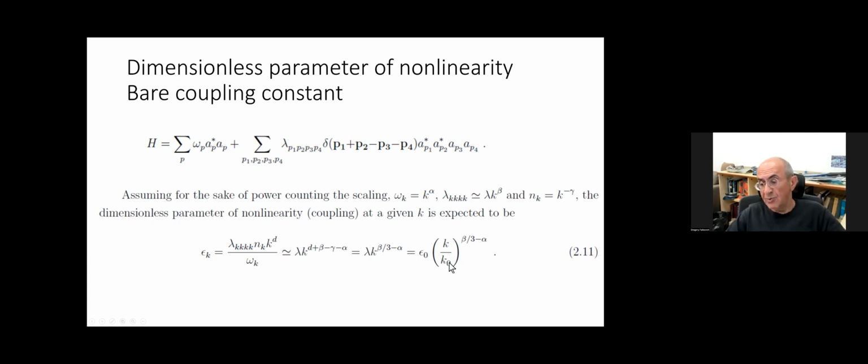K naught is your pumping scale. This is a large parameter as you go away along the cascade. So if your lambda grows faster than omega, divided by 3, then you're getting strong, and at some point your weak turbulence approximation is getting closed. If it's not, then it's getting better. And this is what is written in the book that we wrote with Zakharov and Vog. It's what everyone believed until